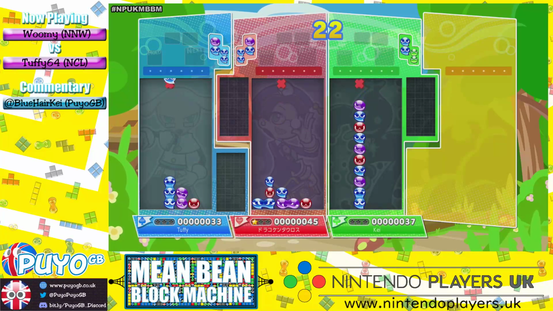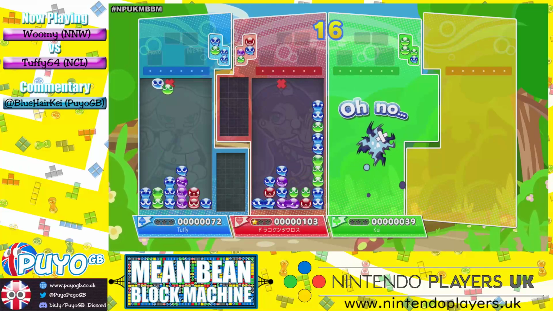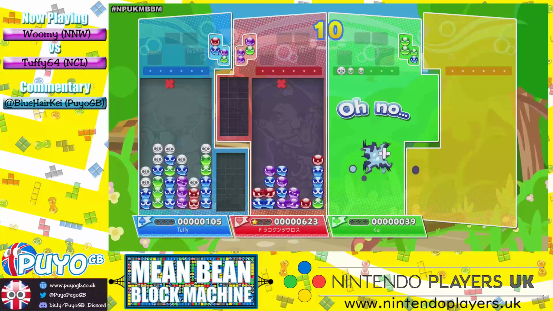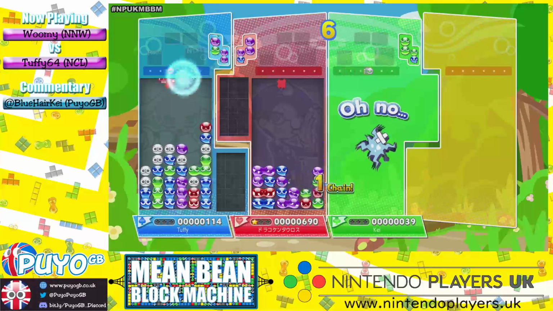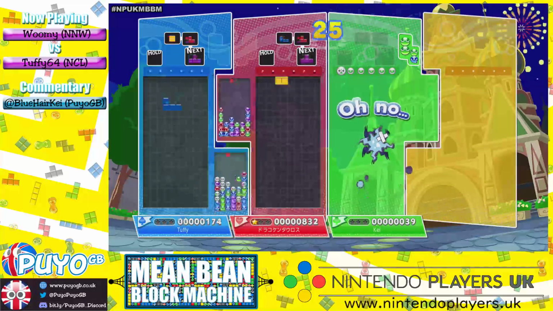So GTR start immediately for Woomy. Oh, crikey, no purples, no. It's like 2-colour Puyo. No purples, no reds. Oh, nice little stunt there for Woomy. Mind you, having said that, there's a lot of resources there for